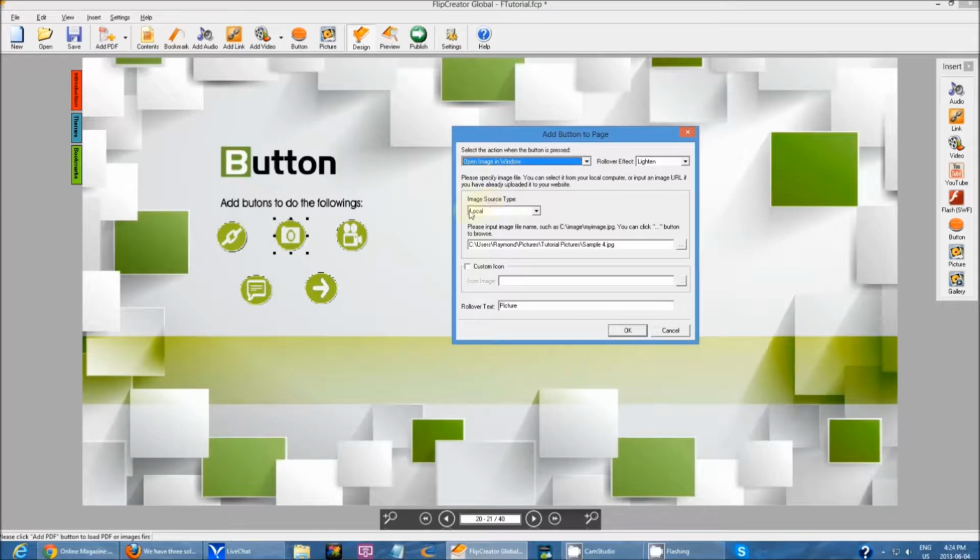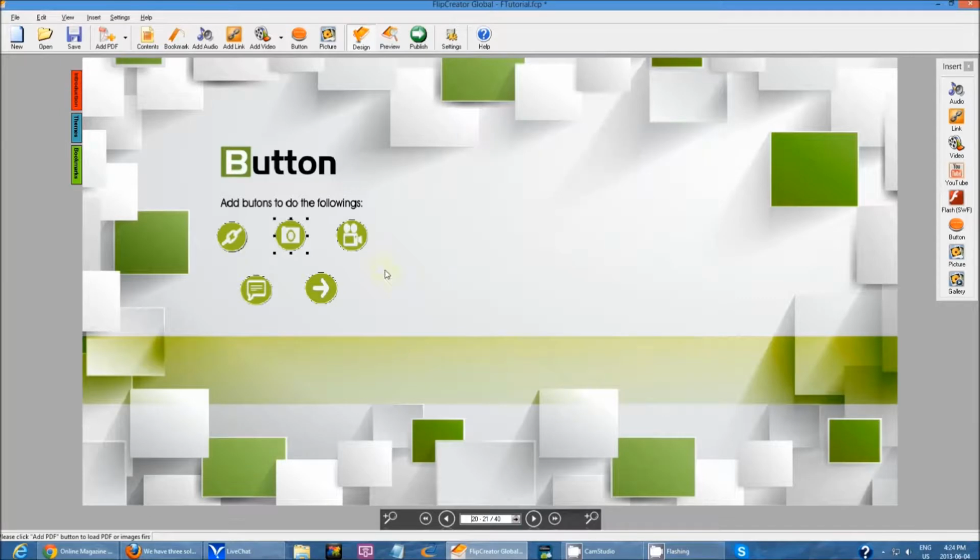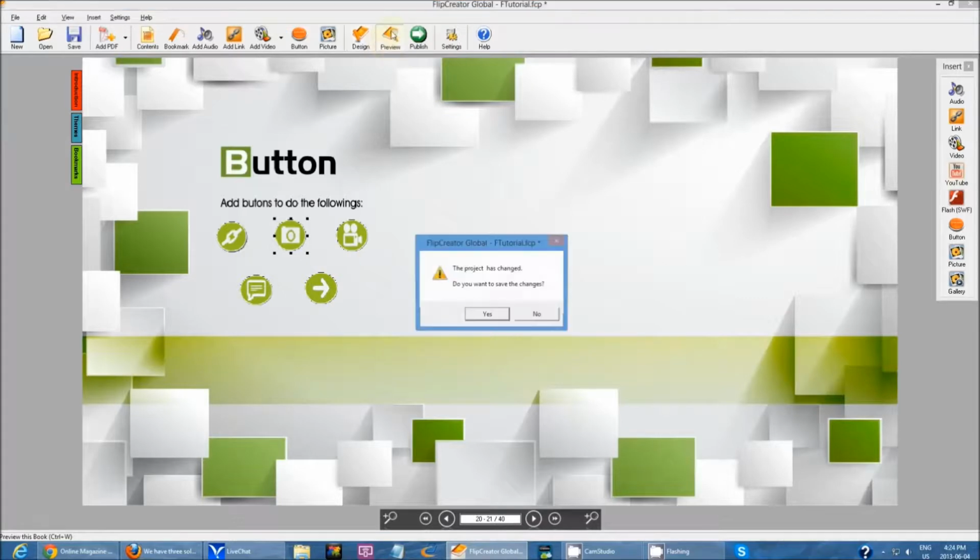Open image and window. You can choose the 2 types, local and link, very similar to links. This one I just chose a file on my computer, and changed the rollover text. Same with video, message, and go to page. So if I hit preview